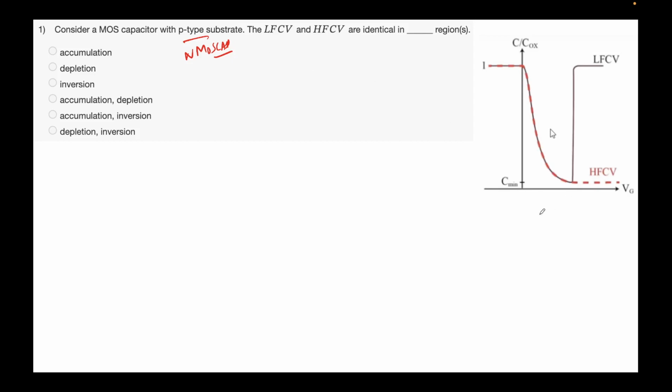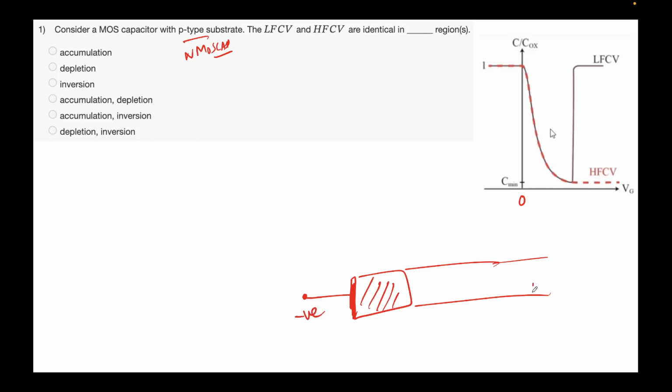It's a p-type substrate. So on the negative side, let me draw that again: metal, oxide, semiconductor, and I want an accumulation region. So what that means is I'll apply negative bias. This is a p-type semiconductor. So if I have a negative bias,